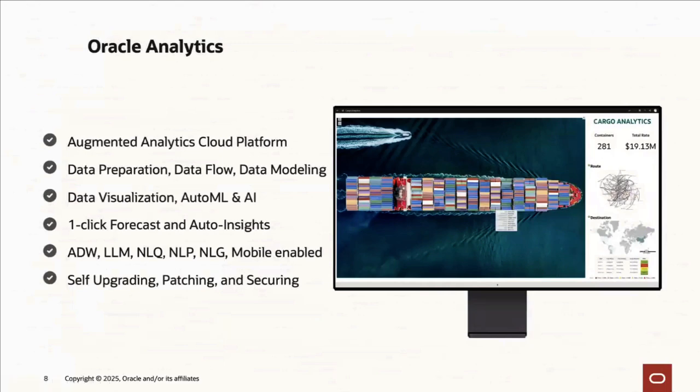So, what is Oracle Analytics Cloud? It is an augmented analytics cloud platform that is going to help you at all stages of the analytics process. This is data preparation. This is creating data flows for routine data tasks. This is data modeling. This is data visualization and even dashboarding so that once you've created your visualizations, they'll be neat, easy to read, and able to be grouped in a way that is best digestible. This is going to be augmented with one-click forecasts and auto insights to incorporate that machine learning into the platform to accelerate your time to insights.